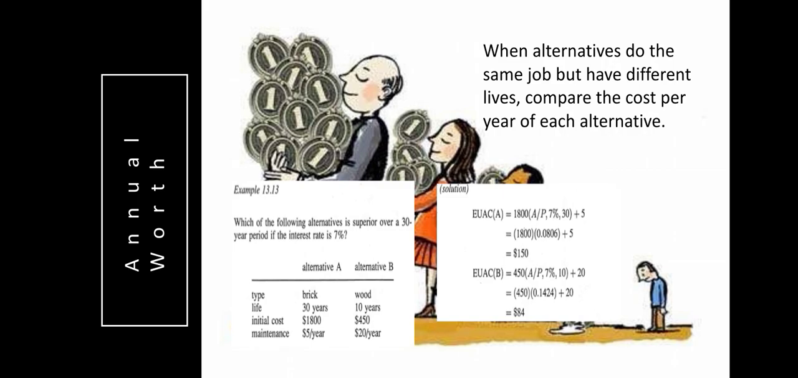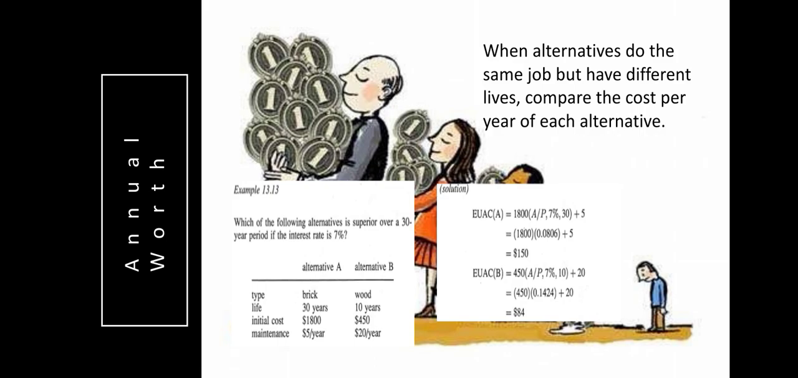So, the solution for alternative A, we have the 1,800. If you notice, this came from the table I showed earlier about compounding interest. It uses the A given P formula, wherein 1,800 times the A given P, 7%, 30 years, plus 5. That 5 is the $5 per year. And we came up with a